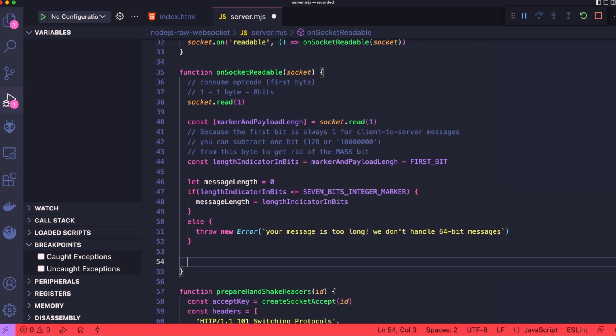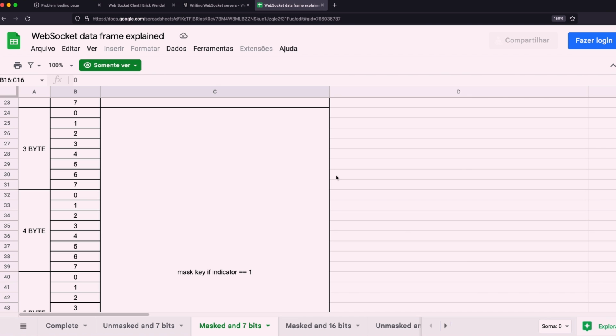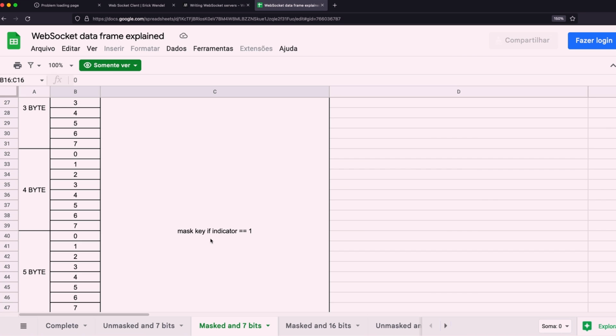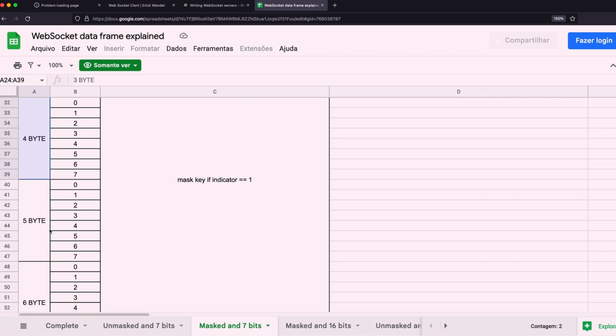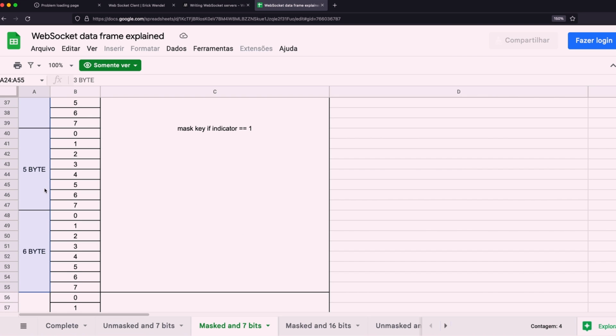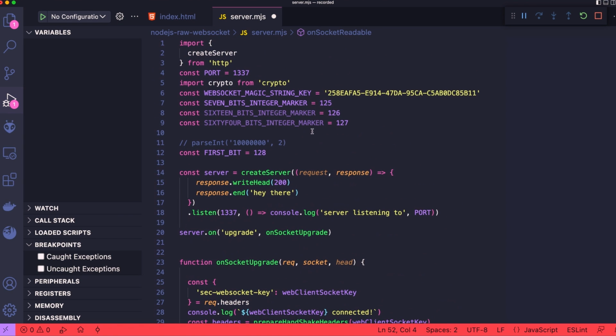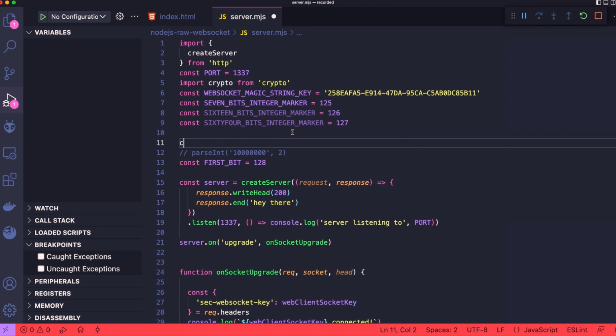Perfect. Okay, so let's go back to the spreadsheet and we can figure out another thing. The mask indicator, they have it as a constant, right? So we can see here how many bytes they are composed of. The mask indicator is always 4. So we can put it in a constant if you want. I'll put here const